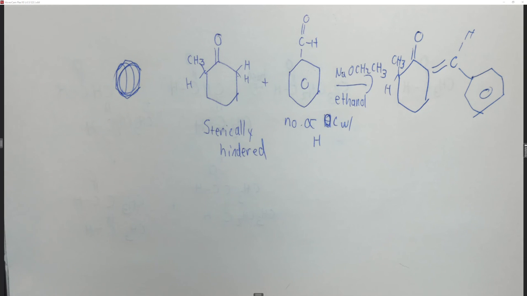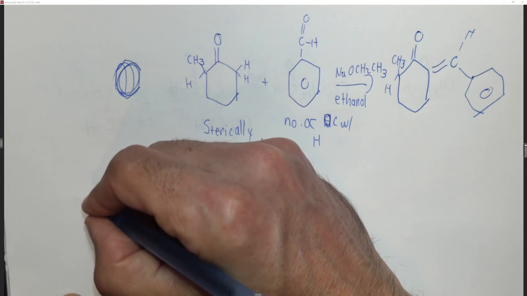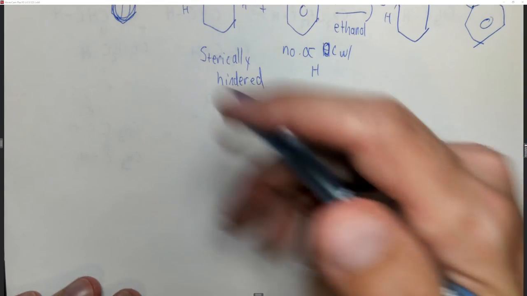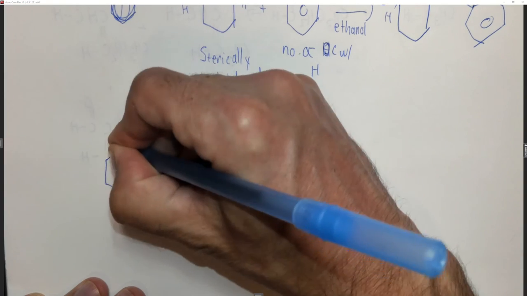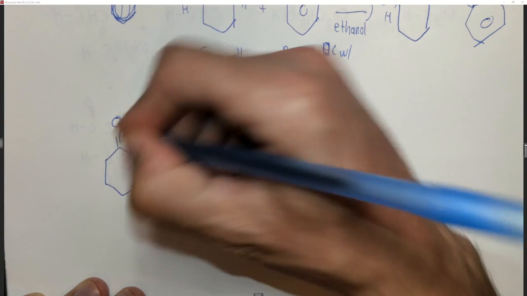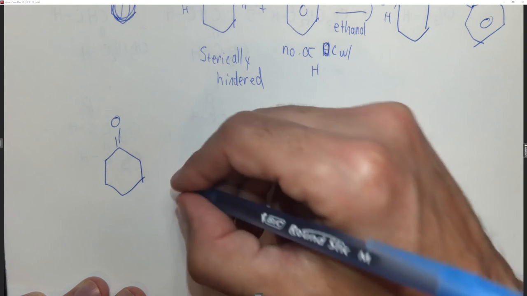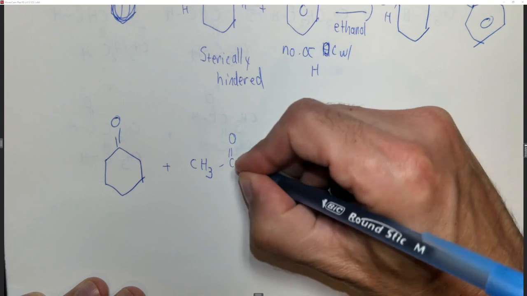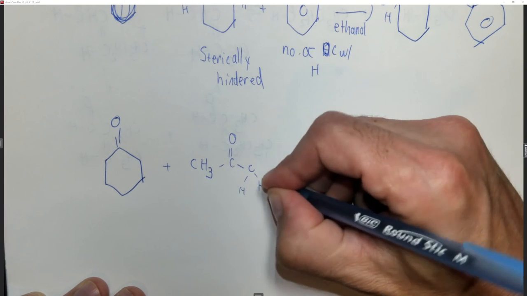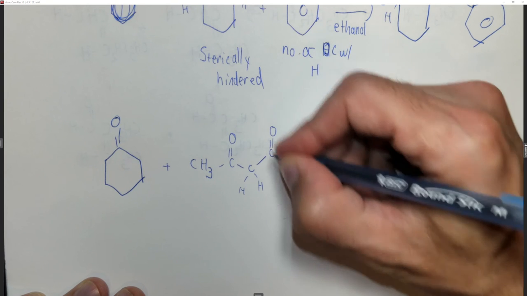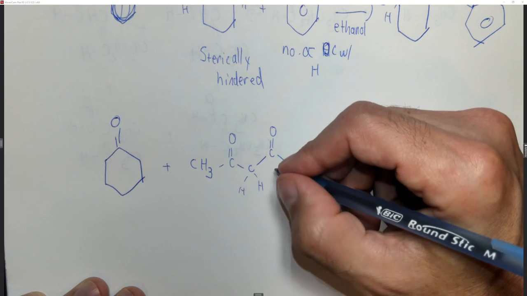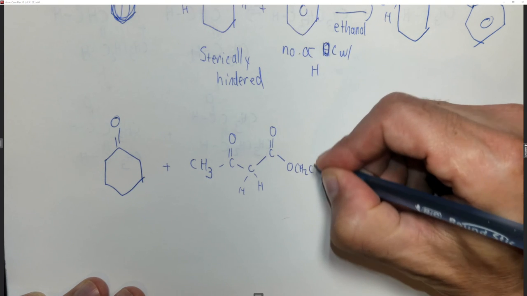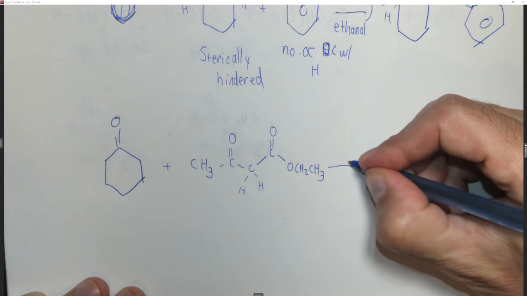Now let's look at a different case. Let's look at a molecule, and since I made a mistake over here, I'm going to use a little bit more of the page this time. We're going to look at cyclohexanone, which we've seen lots of times. Now let's say we added CH3, C double bond O, CH2, C double bond O, O, CH2, CH3. And again, we're going to add